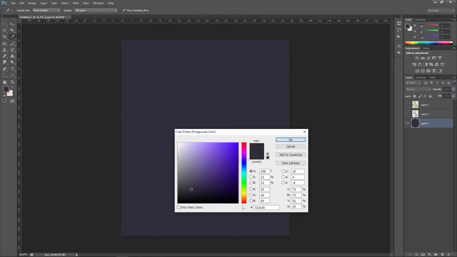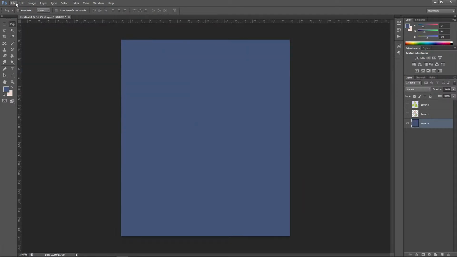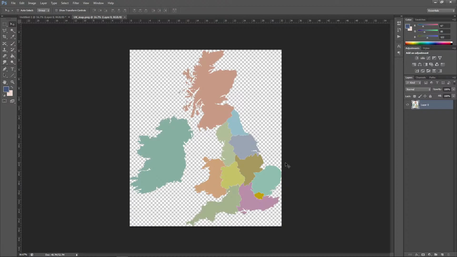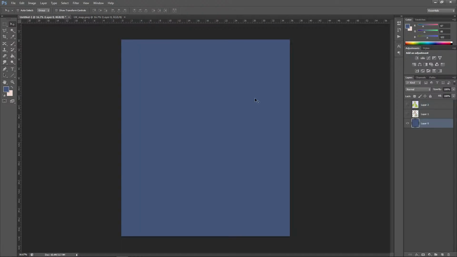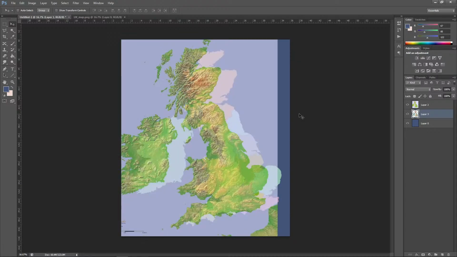Actually, let's use some kind of color that looks more like a sea. And now back to the map. Here it is, a new map. Okay. And now